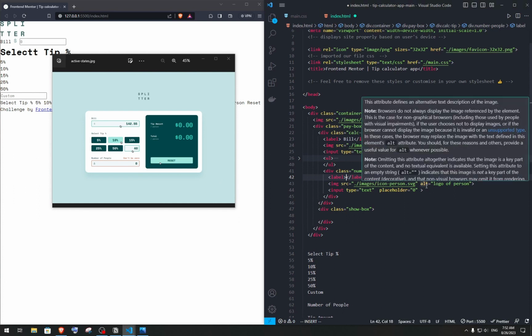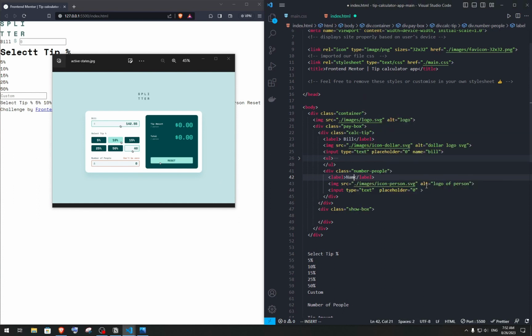Let's add here number of people, and let's add span, for example, and inside it we put can't be 0,